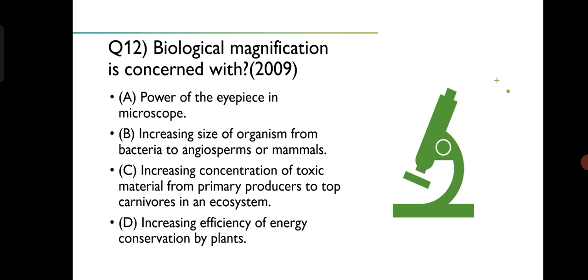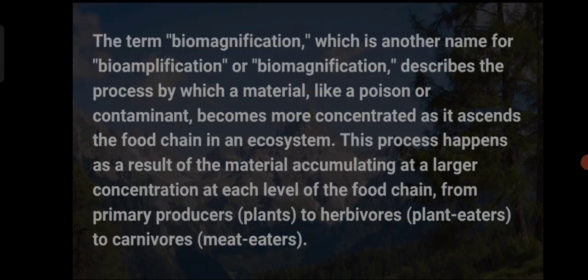Here our next question is biological magnification is concerned with. Again we are having four options and we have to find out the correct one. So at first let us know about the biological magnification. So biological magnification, also known as biomagnification or bioamplification, refers to the increase in concentration of a substance such as